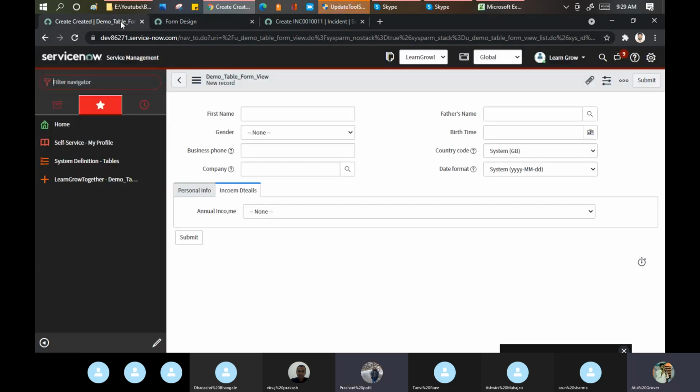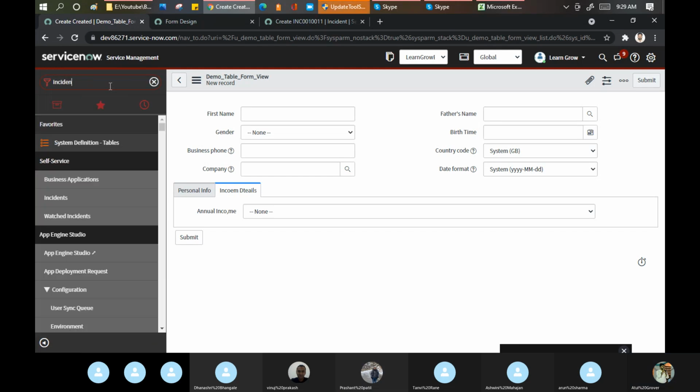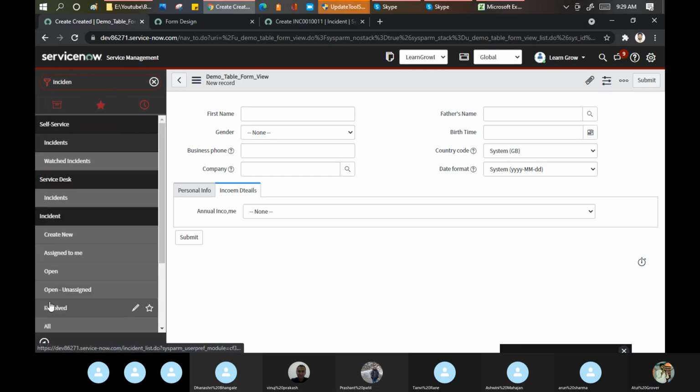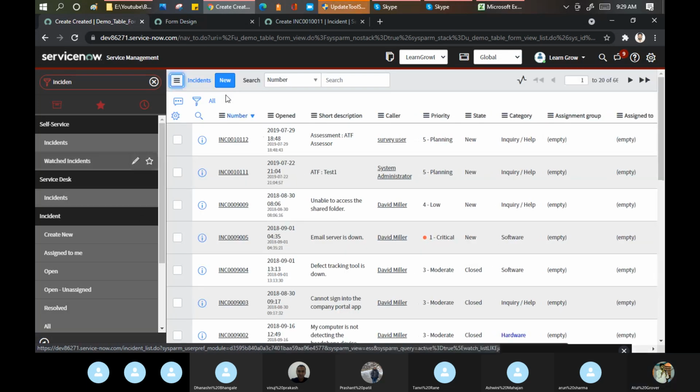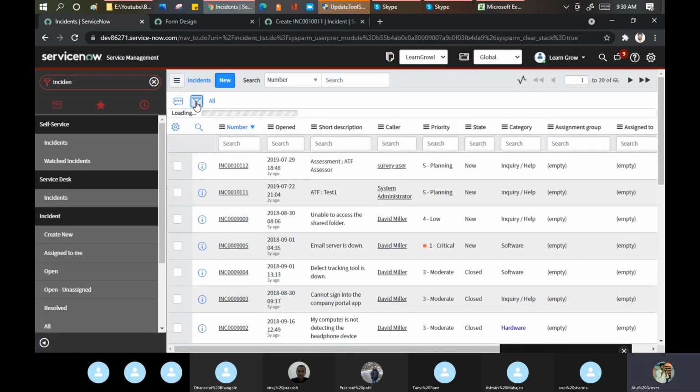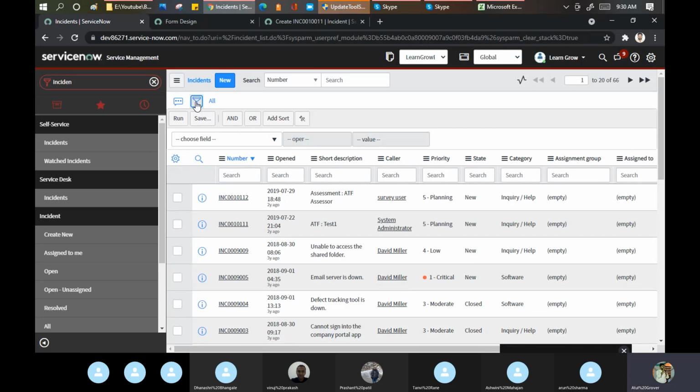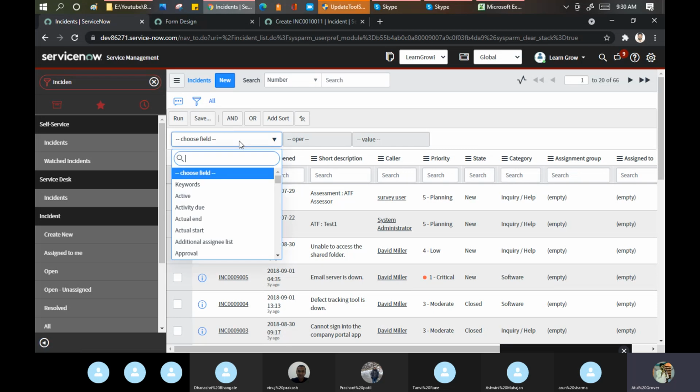Now one more thing I'm giving you here. Funnel icon. Make queries. Make a filter condition on the short description. Arun, just note this point.